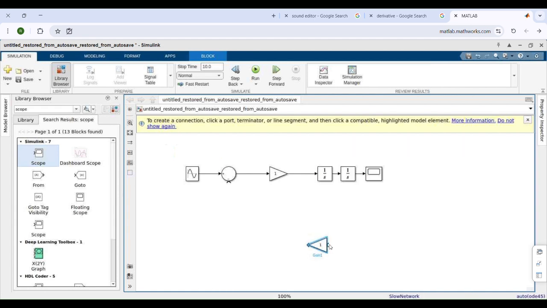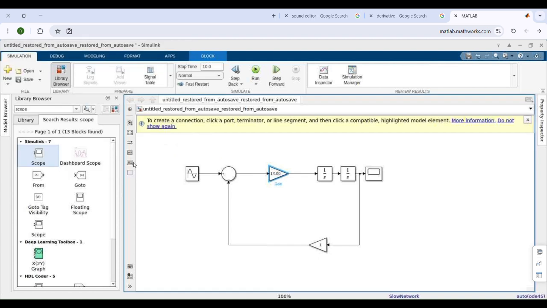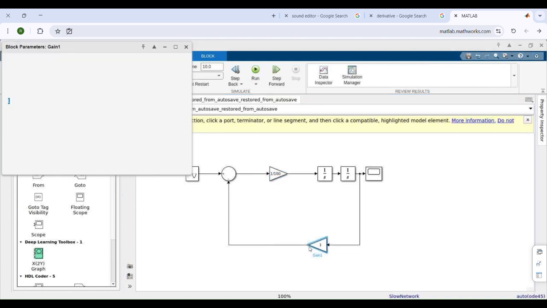Link it here. And here. Here for the mass is 1 over m, so 1 over 100. Here for the k coefficient, which is 40,000,